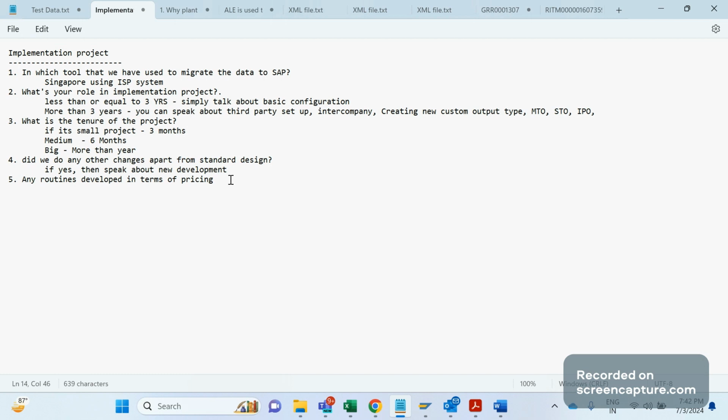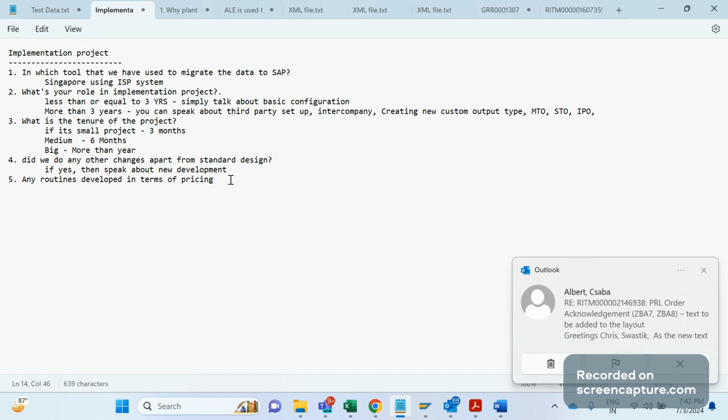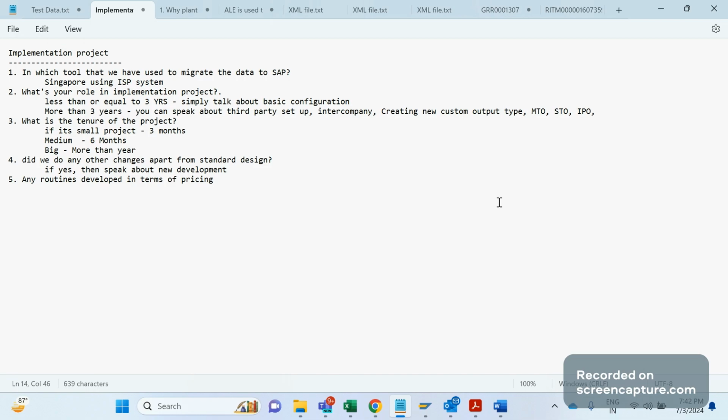I can understand that not everyone can get an opportunity to work in a support project, implementation project, or rollout project, but still, in order to clear the interviews, at least we should have one implementation project in our resume. Even if you don't have any experience in an implementation project, simply mention it, and speak confidently about what you are going to explain. Simple. That's very, very simple. The confidence is important here. Whether you did it or didn't do it, no problem. If you say something confidently, that's fine. That's more than enough.